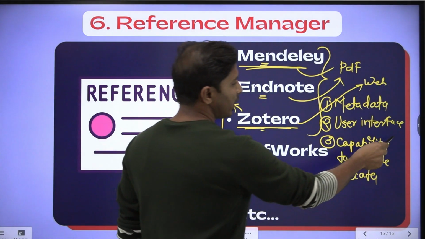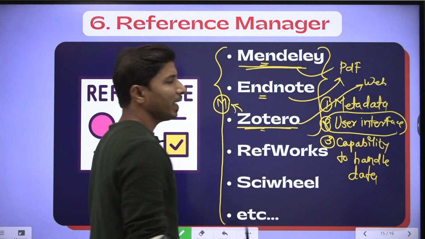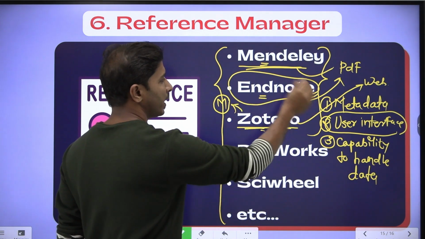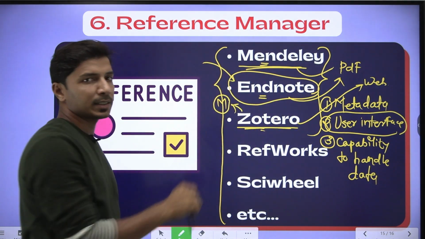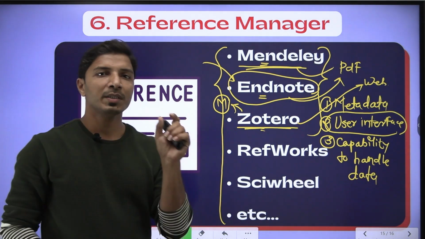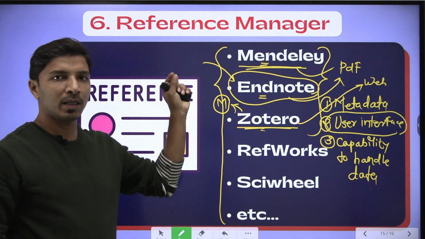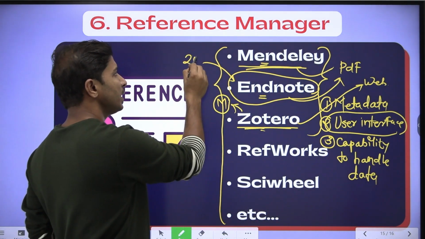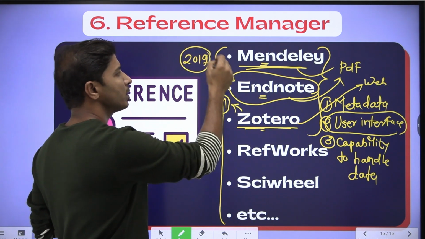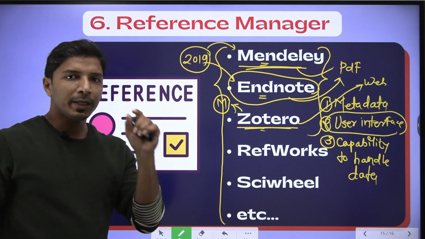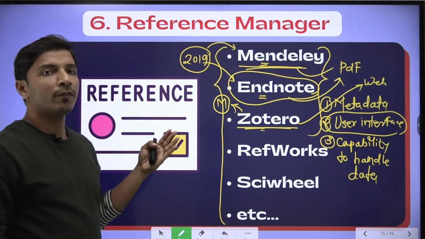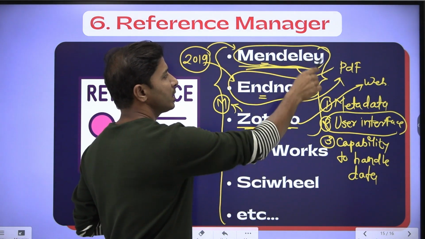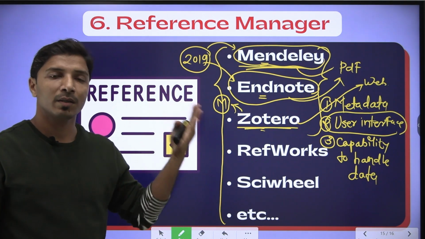When you talk about the user interface, you can edit references in Microsoft Word itself with this plugin. For example, if the published year is not fetched and so is not displaying, then in Word itself you can edit it, or you can put the published year manually. That is not possible with Mendeley. In order to edit references in Mendeley, you have to use the web application, then refresh your Word plugin, and then you will be able to insert that reference accurately.